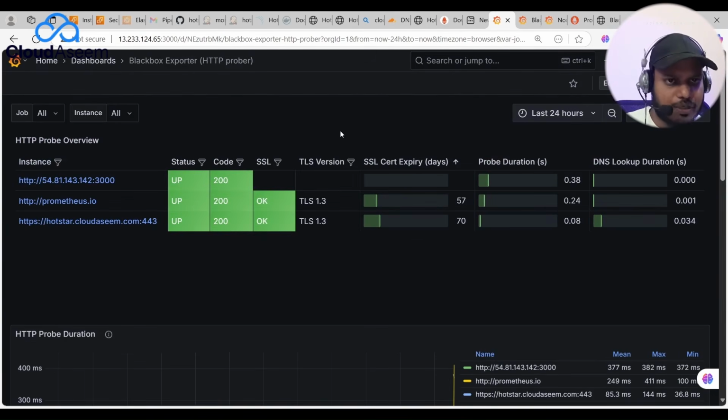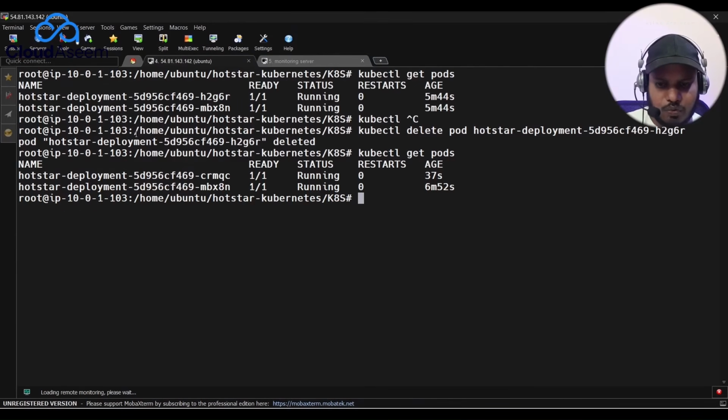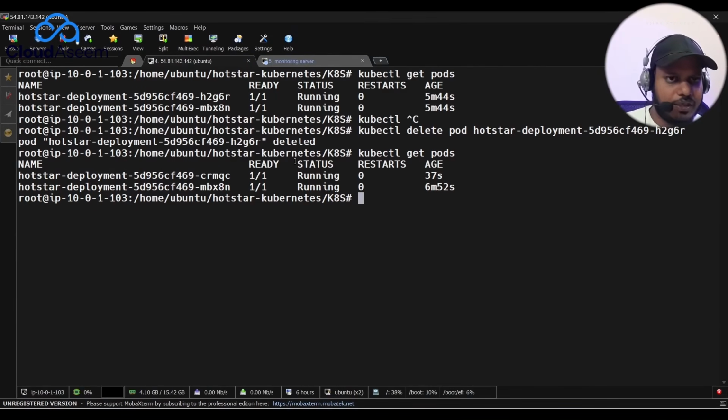Even if you want to monitor node exporter, right? You want to check the metrics of your application, which you have hosted on your virtual machine, right, which we have configured, then you can follow my previous video. There you can follow it as an assignment you can do from your end, and let me know that it is